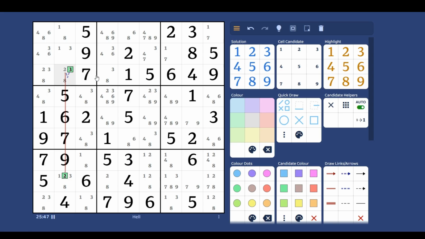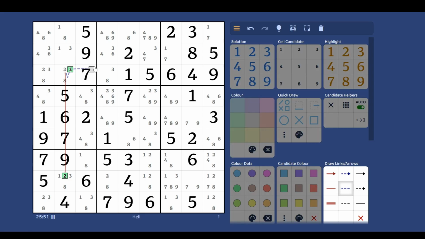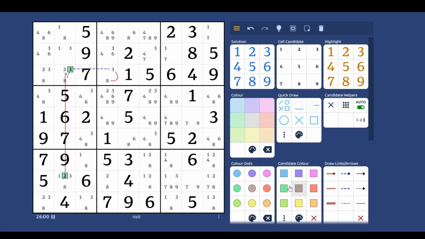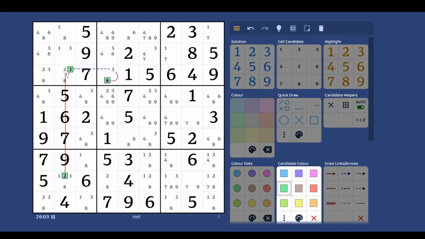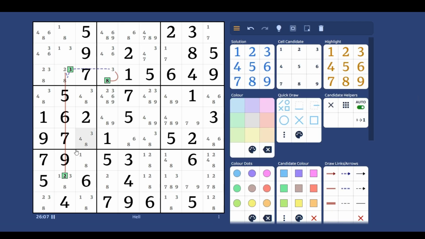But we also know this 3 is weakly linked to this 3 right here, and that 3 is strongly linked to this 8. So if this 3 is true, this 8 also must be true. And you might see there's a problem here, because both this 2 and this 8 see this cell, which only contains a 2 and an 8. So if this 3 were true, it would essentially empty out this cell of all of its candidates, and that